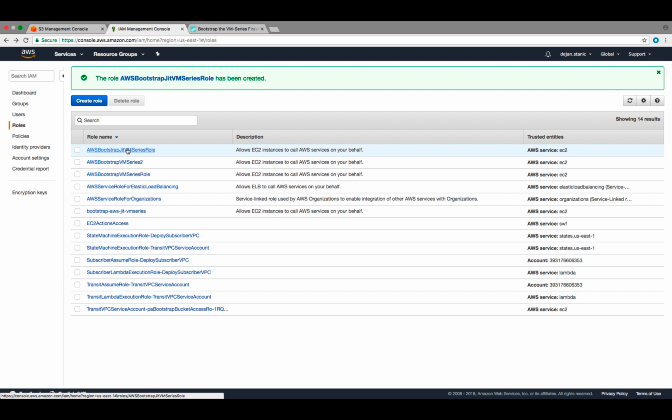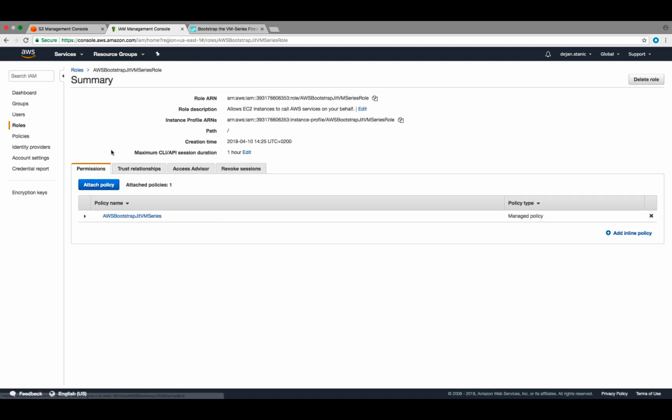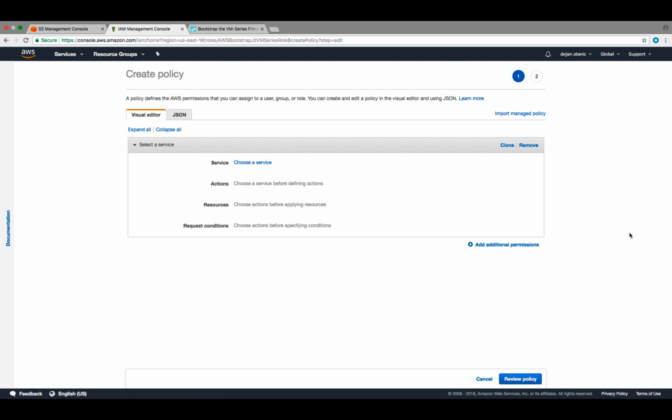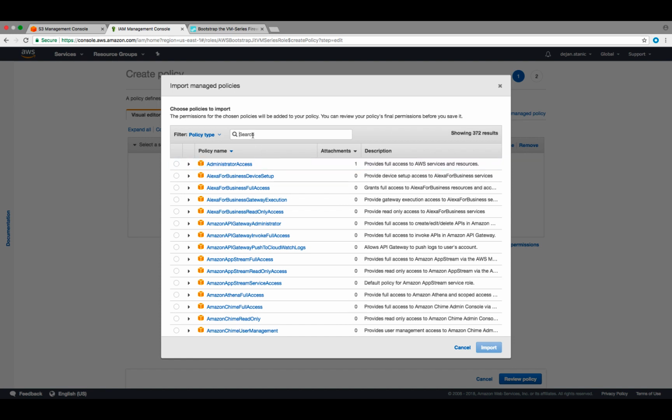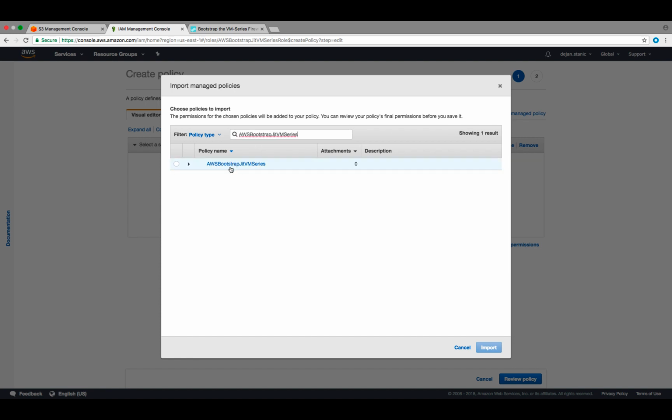So now to finalize this process, only one more thing is needed. We will select this, and as you can see here, our first initial policy that we created is a managed policy, and we need inline policy. So to create this, what we will do now, I'm gonna first copy the name, and then I'm gonna say here add inline policy. After that, we will select import managed policy, put into the search tab the name of